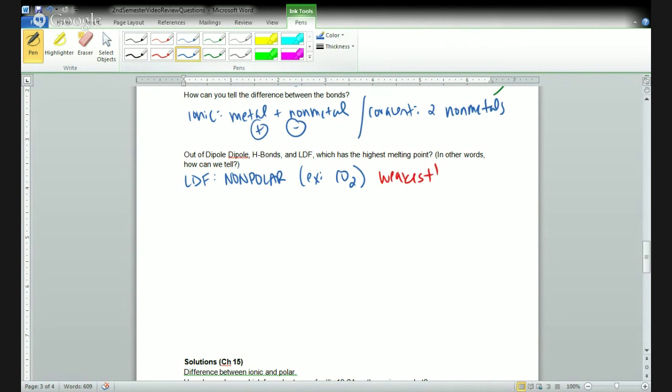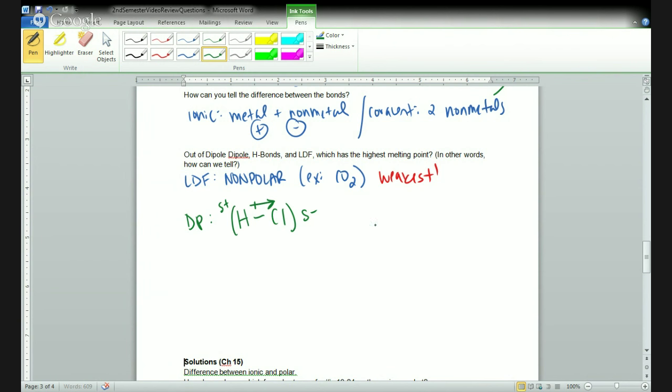The next type of force we have is dipole-dipole, which I'm going to write with DP. Remember, a dipole-dipole is going to be the attraction between two polar molecules. So if we look at HCl, for example, HCl is a polar molecule where the Cl is becoming kind of negative and the H is becoming kind of positive. And we first figure out that, like I explained above, where we do the difference in electronegativity, and we can see that this is a polar molecule and the electron is being pulled towards the chlorine because it has the larger